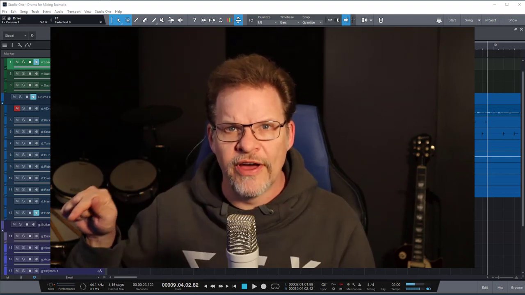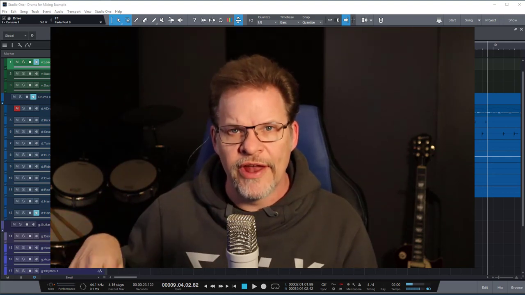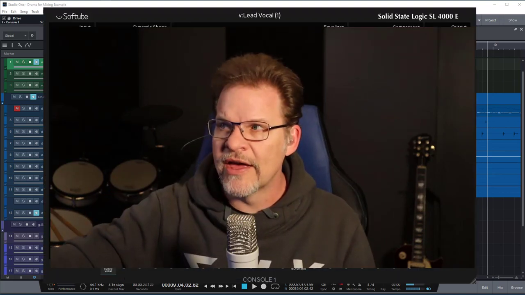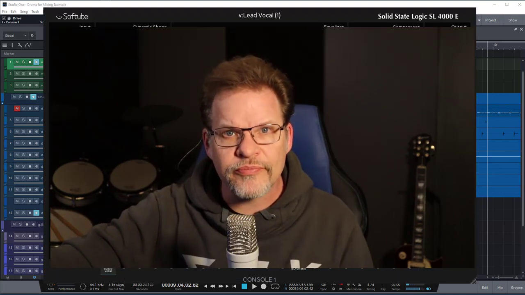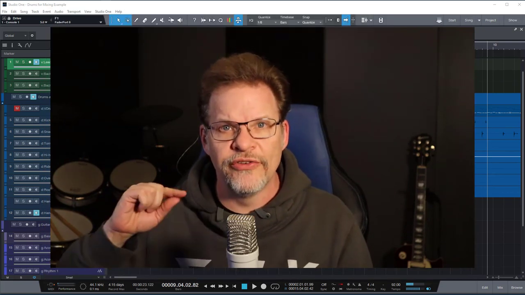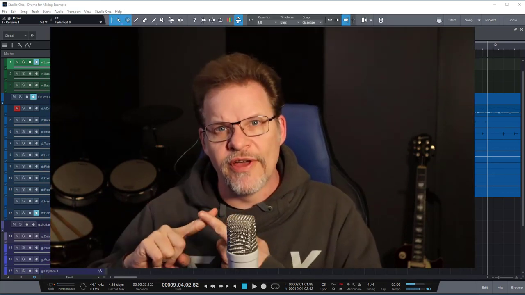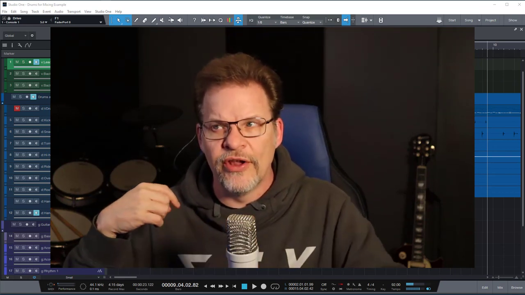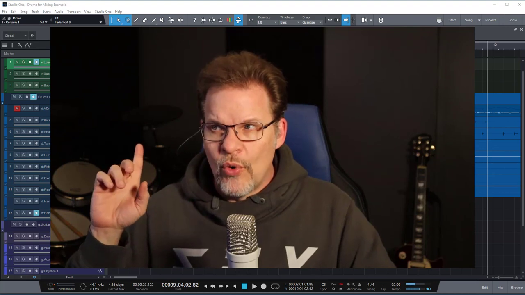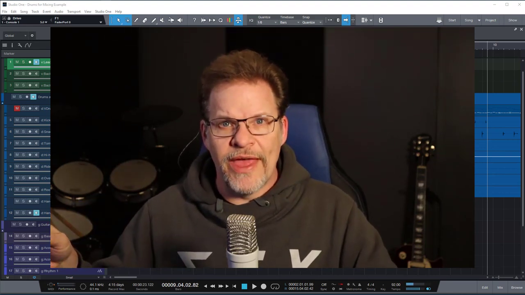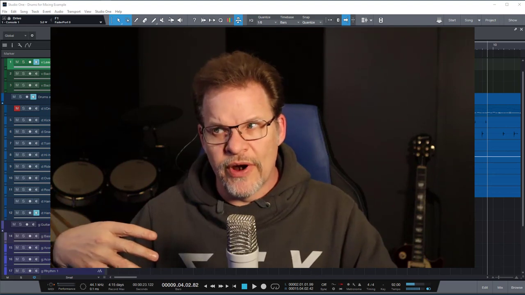a hardware device down there that's got knobs and all of that on it, as well as a plugin that comes up on screen that allows me to control all of my channels with an SSL 4000E and also a Neve emulation, or they call it the British channel, for a bunch of different phases. I use that as my channel strip anyway, so the only case where I would be using